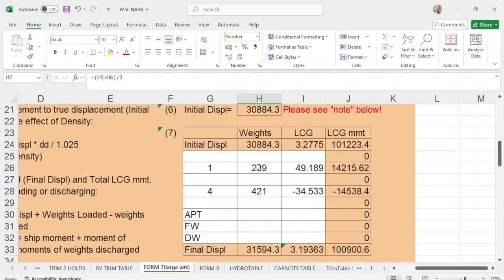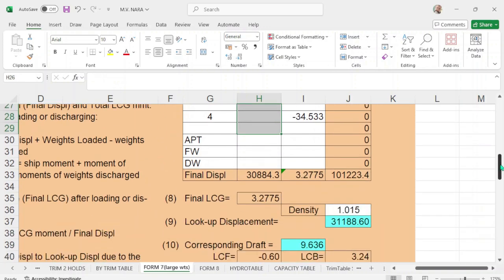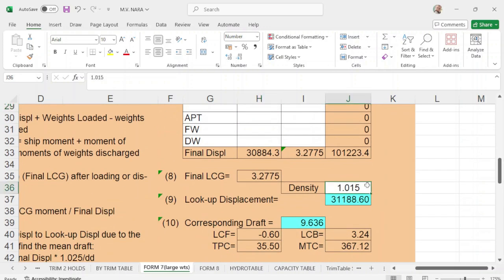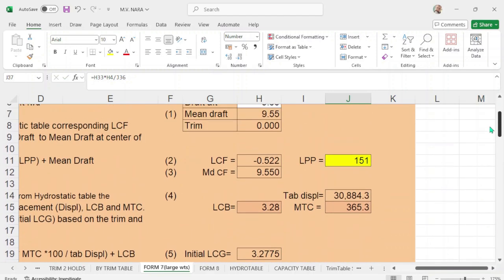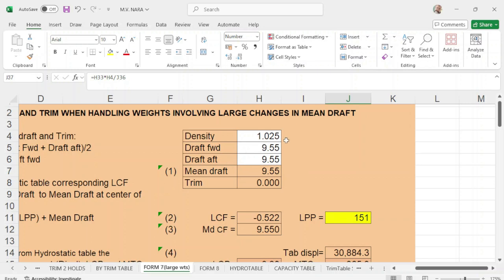You take out this cargo, put it to nil, and your density here will be 1.000. So if you are floating in seawater of density 1.025 and your drop is 9.55,